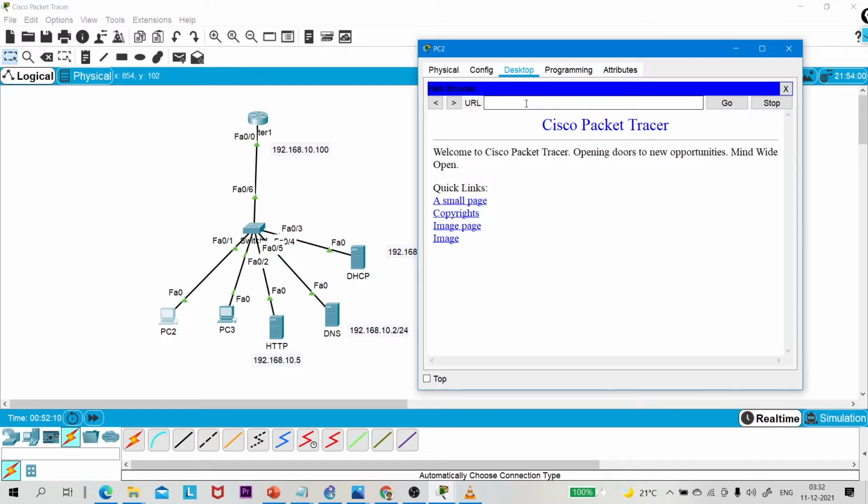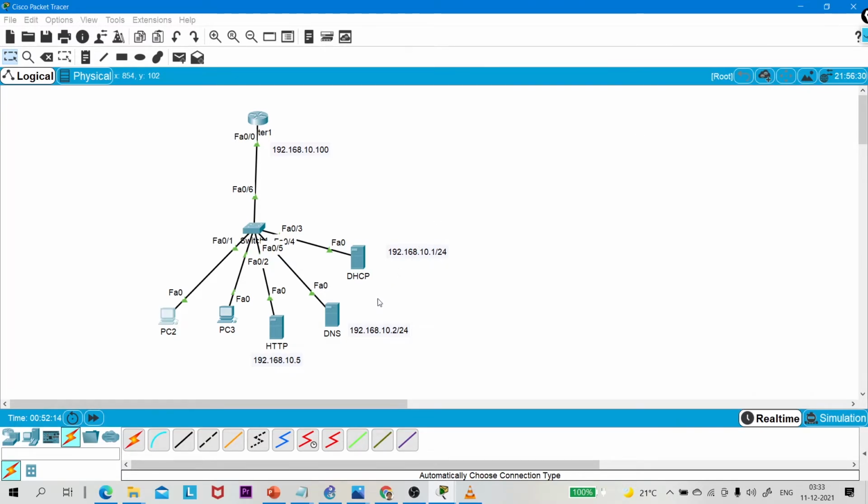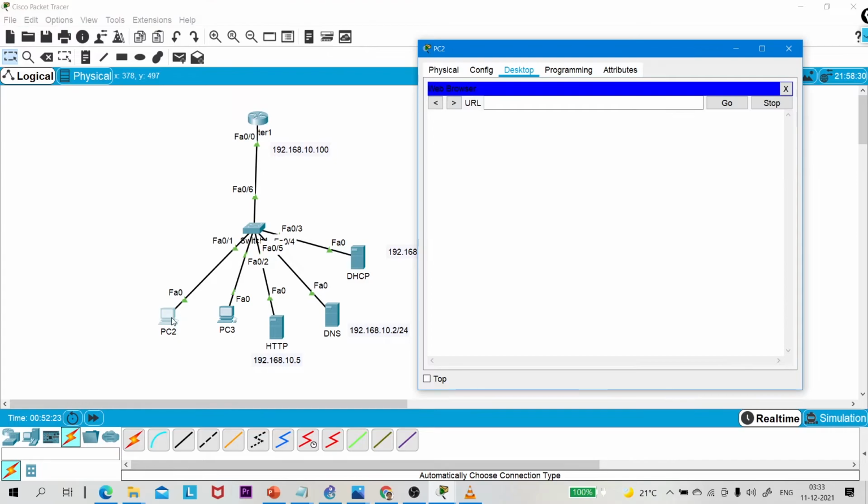We can also access it by IP address directly. So the IP address of the HTTP server is, just wait, 192.168.10.5, right?